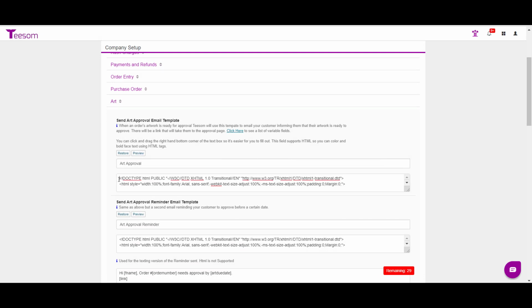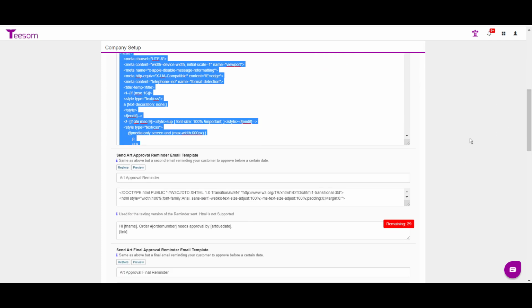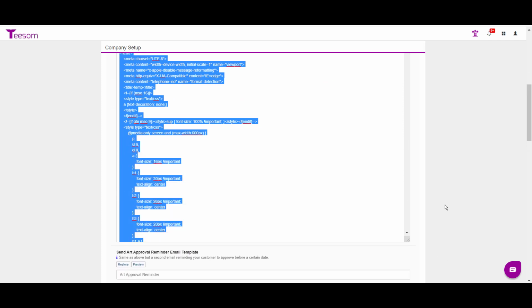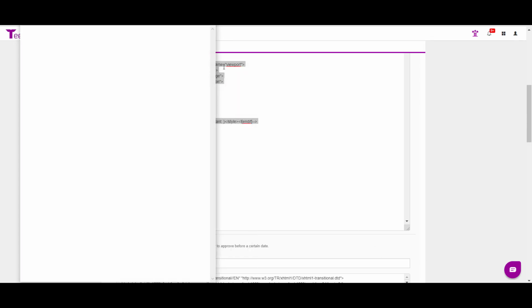We're going to click in this area right here, and all I'm going to do is hit Control A, and it's going to select all of the HTML text inside of here. As you can see, I clicked on this little corner icon and dragged it down just so I could see that it really did select everything. And now I'm going to hit Control C. I've already got my Notepad open, and I'm going to click to expand that, and I'm going to Control V,